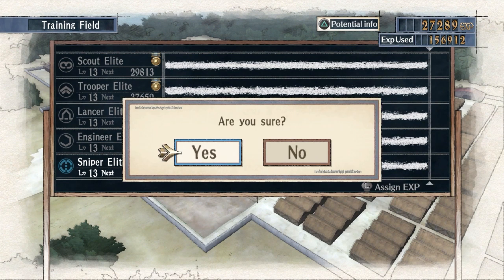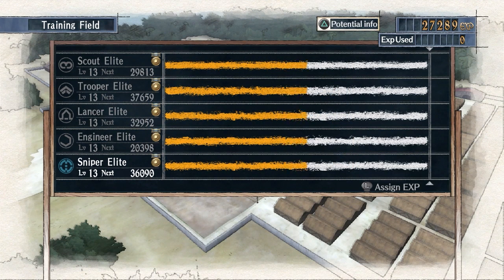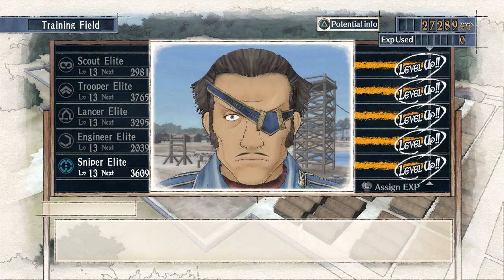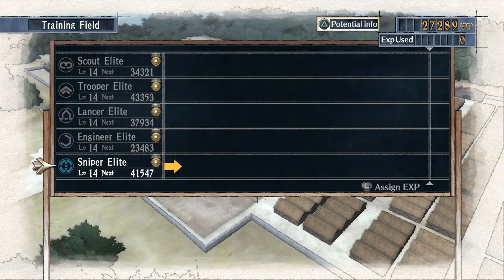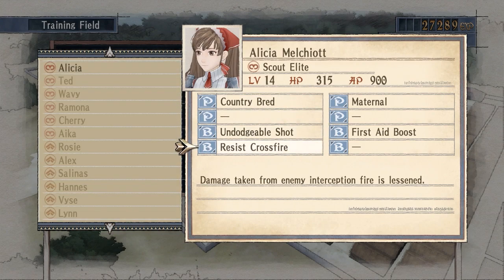Welcome back, everybody. Now, before we set up with the rest of chapter 10, we bring ourselves up to level 14. I consider gaining your scouts up to level 14 by this point, because we get special potential for scouts mainly, and that potential is resist crossfire. It's akin to caution, which lessens the damage from shock troopers and machine gun turrets on tanks. This is extremely vital, as well as it makes Alicia more clear in what her role is at this point